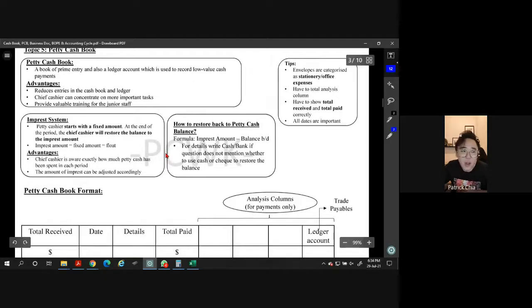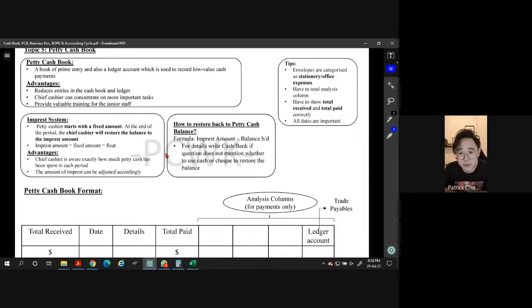Important thing, you need to understand what the imprest system is. Okay, the imprest system is very similar to your allowance system, I believe. I believe you all get allowance, like maybe every week, every month. But the difference is here. We will give exactly so that you start with the same amount. In our normal life, let's say every month you get 100. Your parents won't ask you how much you have spent. They just give you 100 every month. Got extra, you keep, right? If you spend not enough, then you'll probably ask again, but got extra, you keep.